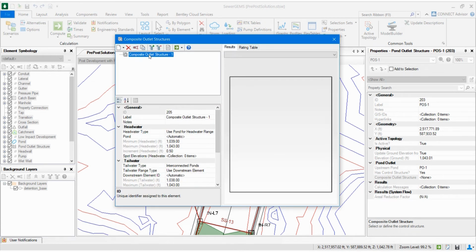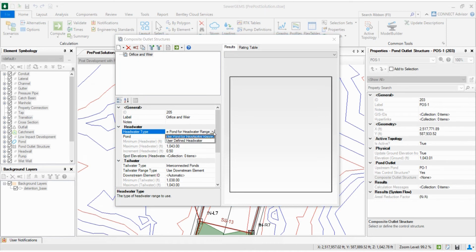Rename the structure to orifice and weir. Set the following. Headwater type, use pond for headwater range.